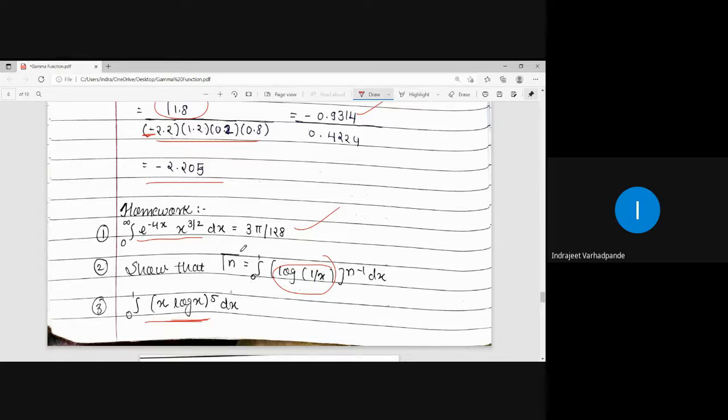See, try to get the definition of gamma n first and then do the proper substitution, right? That exponential term has to be substituted in such a way that it should give you log of 1 by x, minus 1. Or you start with this, convert it into the definition or the limits as 0 to infinity, make proper substitution for log of 1 by x, so that exponential term is also introduced and you are able to find out the derivative appropriately. So these are some examples related to the gamma function. The last part